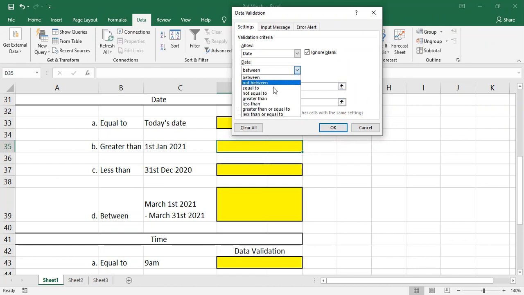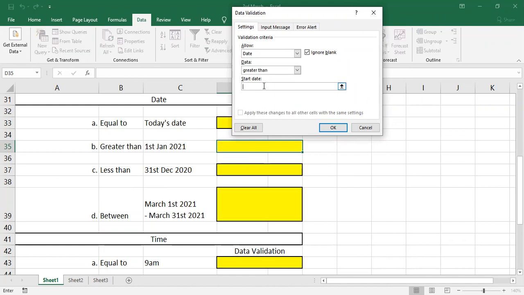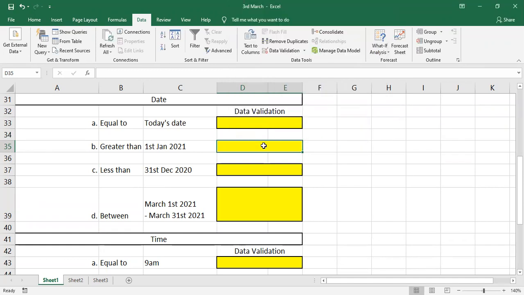Here I have to give greater than. So here I have to give which date as greater than 1/1/2021. Remember, first I have given month, then date, and then year. It should not accept any other date. Means it should not accept any date which is less than this.